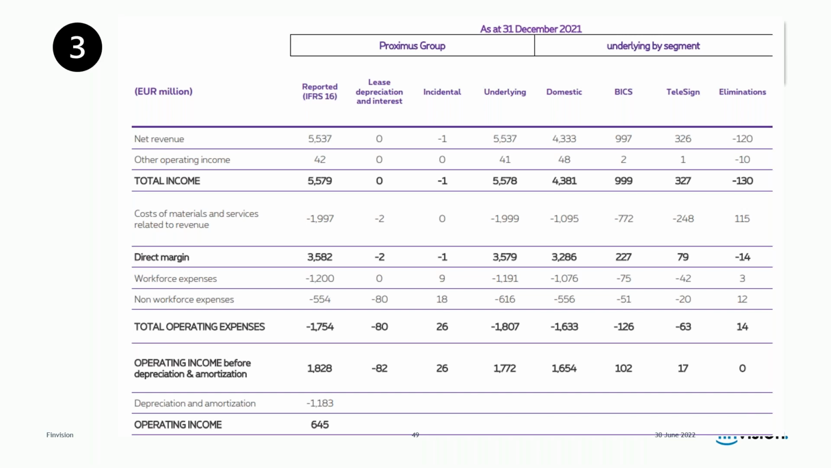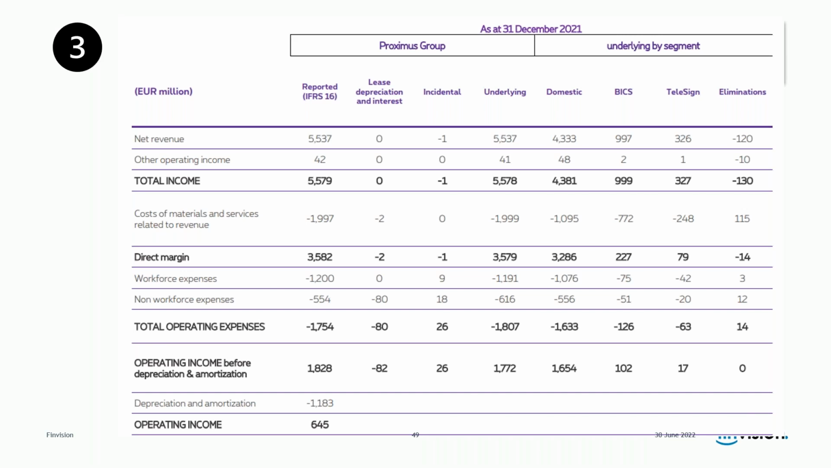And then they're reconciling. We had 2 adjustments, which is the incidental. Incidental is more the non-recurring. Again, this is explained in the glossary, how it's defined and how it's calculated. And we have the lease depreciation and interest. Similar to Vodafone, they're also excluding it from their segment basis. They're deducting it again, and they come up with their operating income before depreciation and amortization, which is